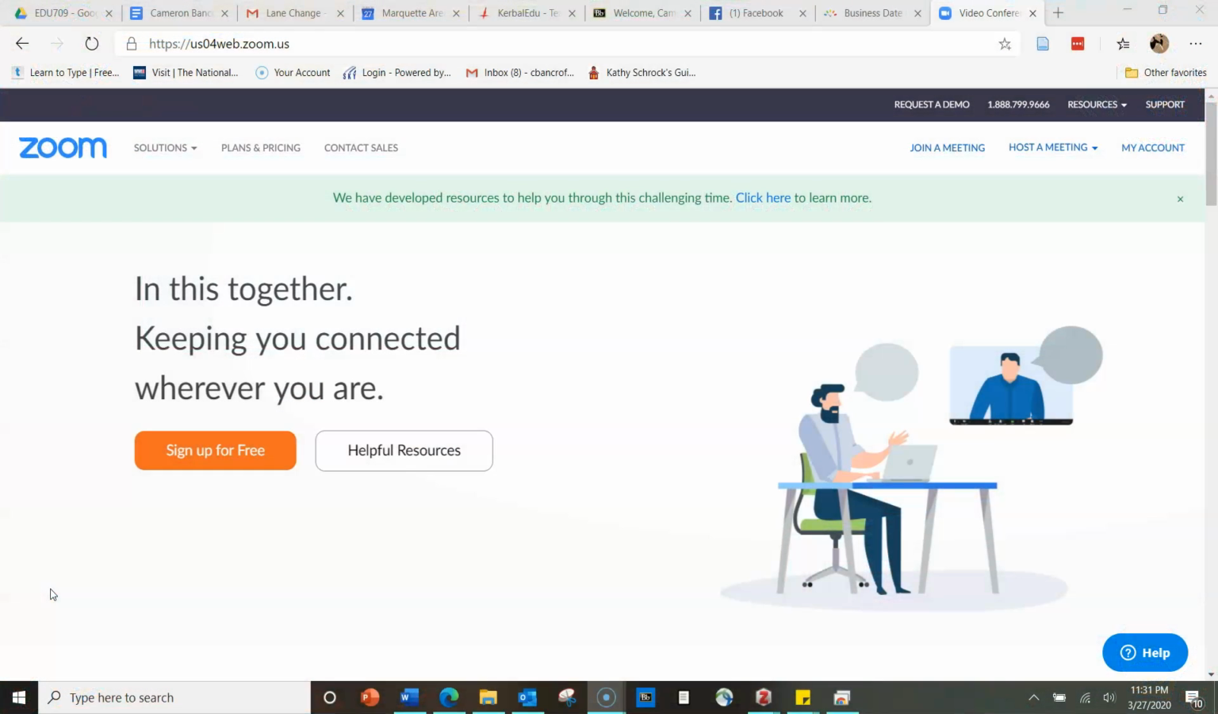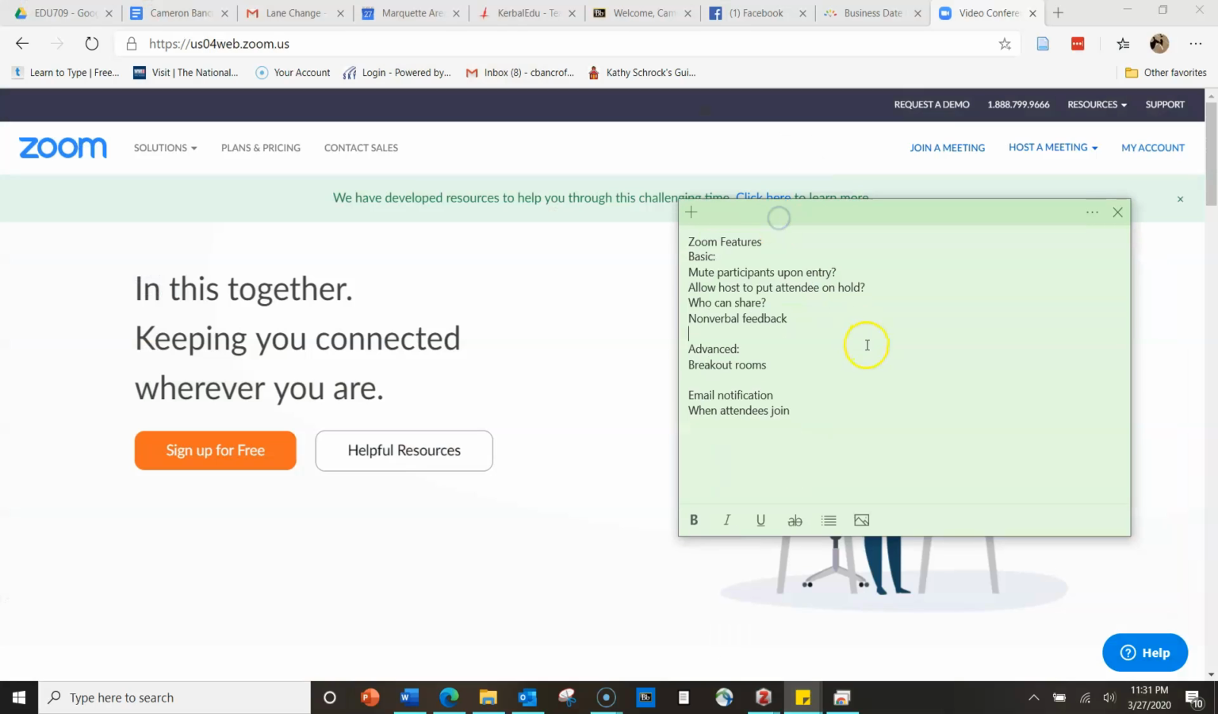Hey, I thought I'd make a video on Zoom to go over some of the finer features in the settings. I'll pull up my sticky note right now so that you can see what my topics are. But Zoom does have some really detailed settings that you can use to help as you go through Zoom meetings